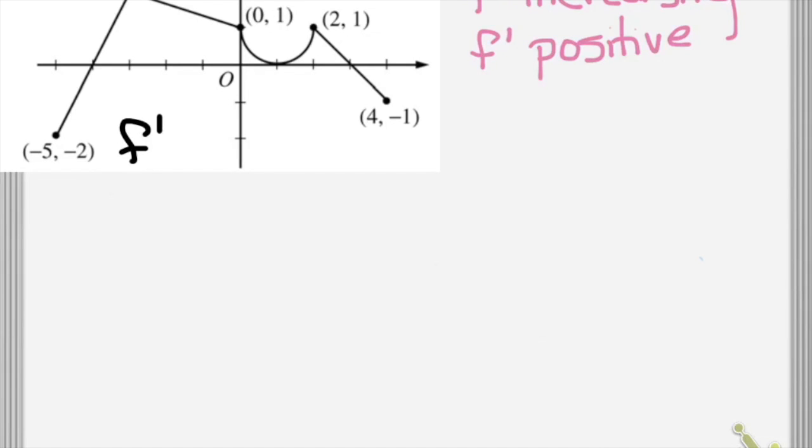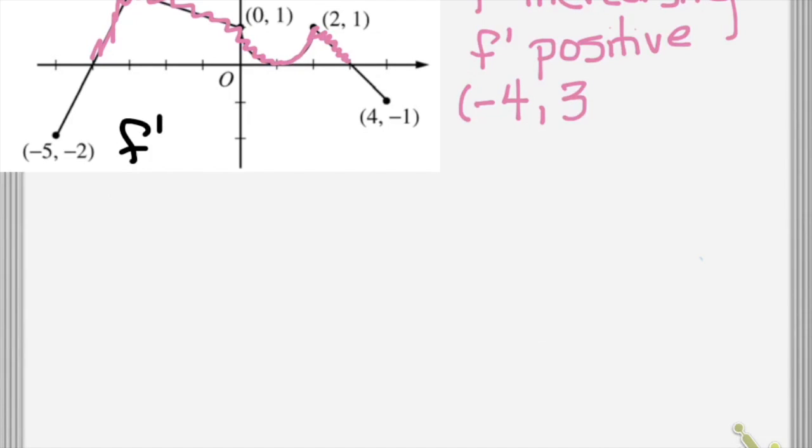So f prime is positive where f prime is above the x-axis. So all through here, and all through here, it's also positive. So I could just say from -4 to